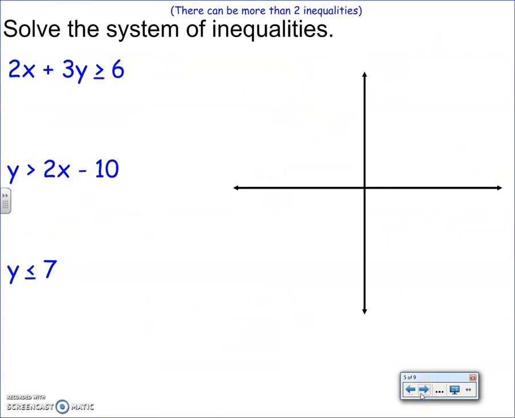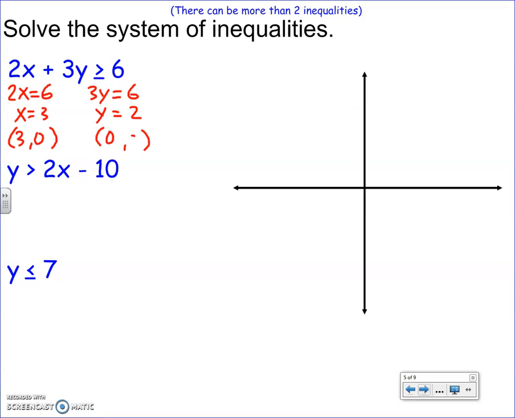So the first one, that's in standard form, we should do the cover-up method. The cover-up method is plug in 0 for a letter. So I get 2x equals 6 and 3y equals 6 because I plug in 0 for x and then 0 for y. It's one step, just divide, you get 3, you divide, you get 2. And these are coordinates, 2 coordinates, the x and y intercepts. So this is 3, 0 because I plug in 0 for y, and this is 0, 2 because I plug in 0 for x. Now this sign matters. It doesn't matter when you do the cover method itself. That sign only matters when you're trying to figure out solid or dotted,